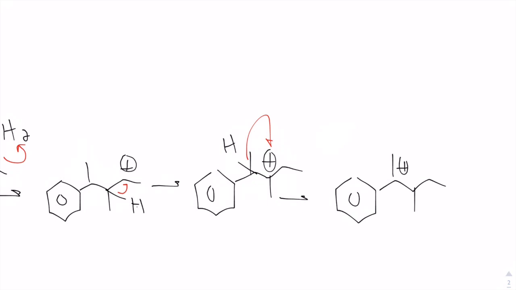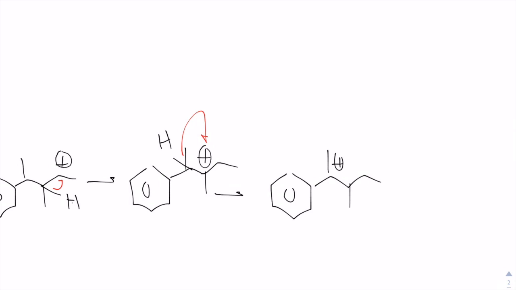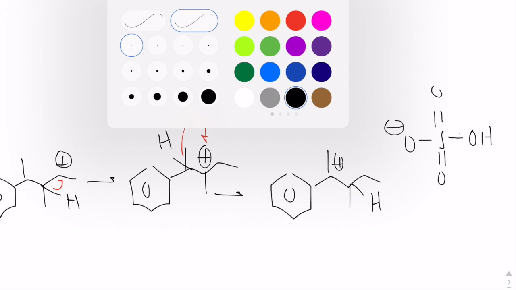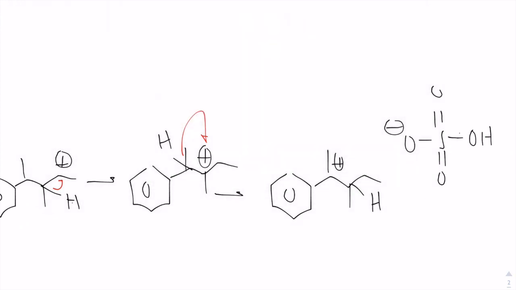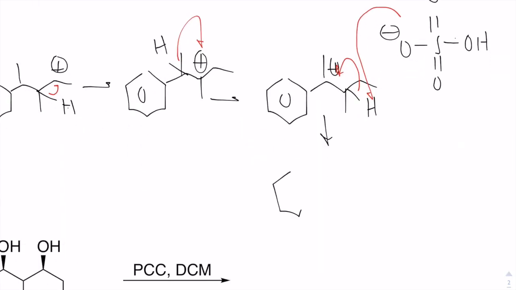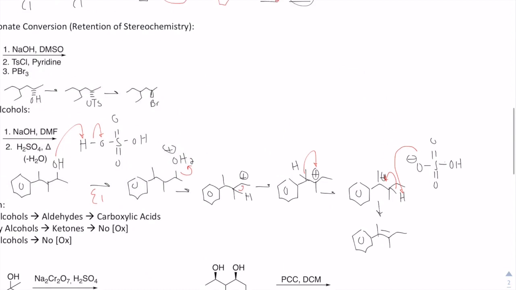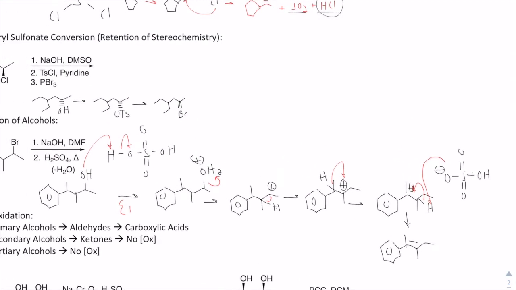And then finally, that conjugate base of sulfuric acid, so HSO4 minus, so I'll just draw it like this, is going to deprotonate an adjacent hydrogen, so this is the E1 mechanism, and donate that electron density in to form a pi bond. So we can dehydrate alcohols to form these pi bonds, like so. And the role of heat is to just facilitate the removal of water to drive the equilibrium towards